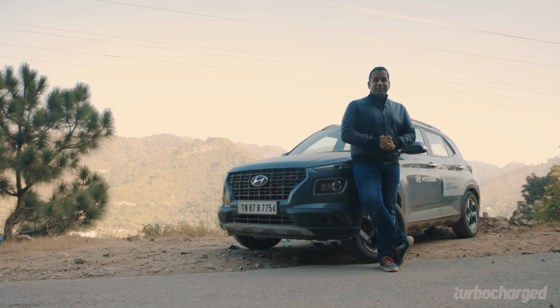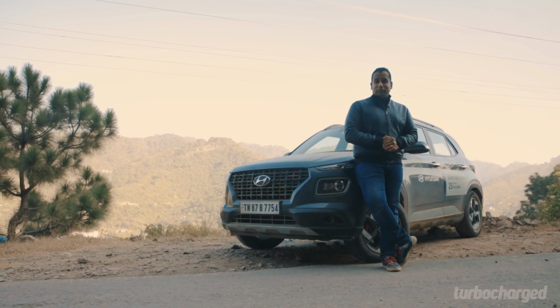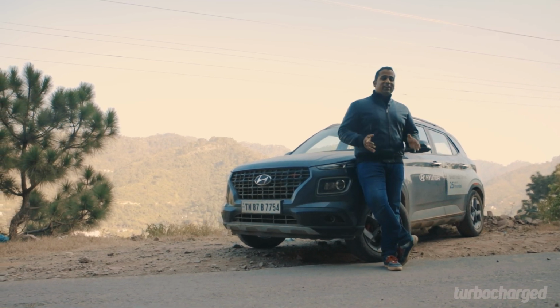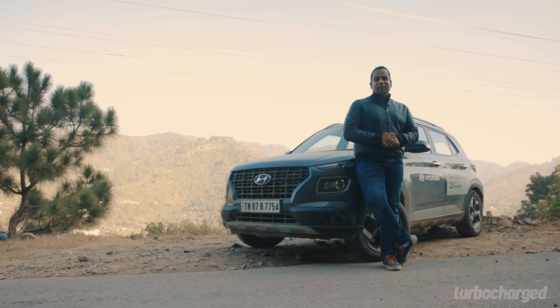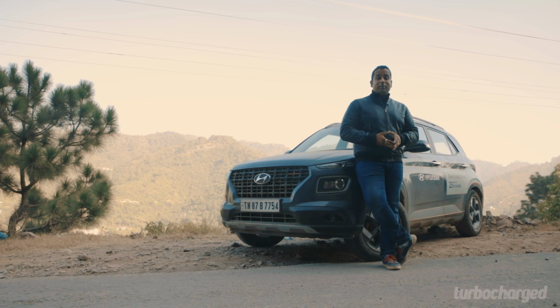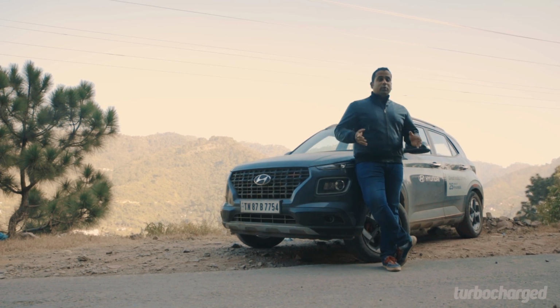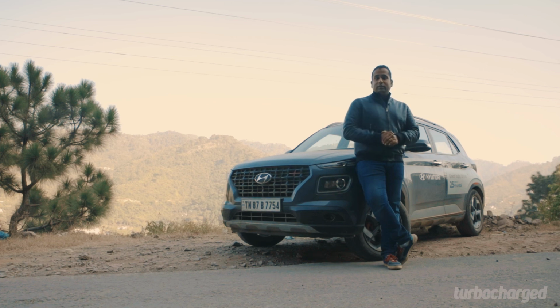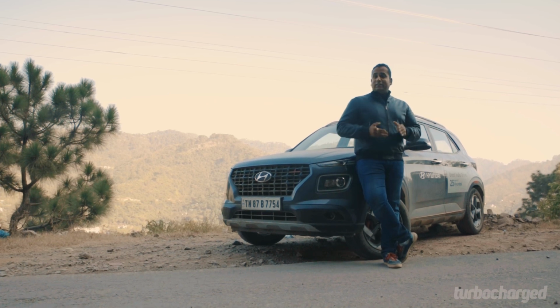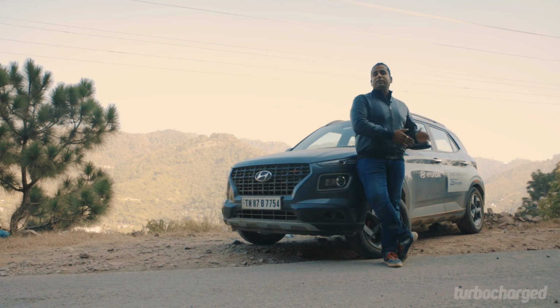And with that, it's time for me to say goodbye to the mountains yet again. And yet again, the feeling is the same, that of not wanting to go back home. Every single trip to the Himalayas is mesmerizing, because of how beautiful this region is. But this trip has been extra special, because this time I got to experience a very different side of